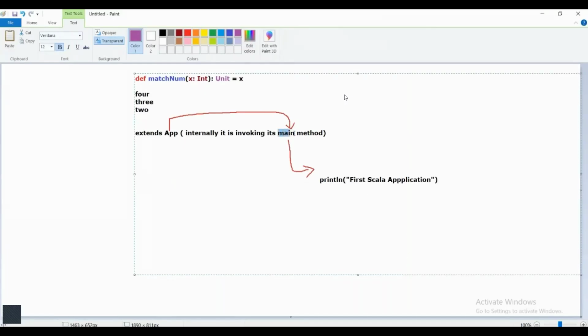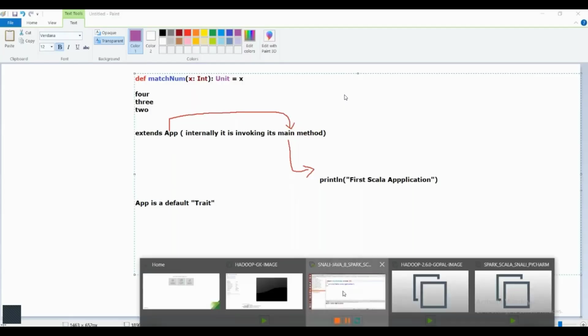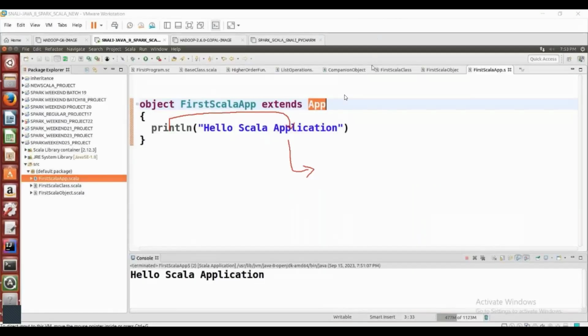So here the main method is already part of the App trait. When I say trait, App is a trait. App is a default trait. This is just like an interface in Java. We'll see more. Now, though we already have a main method here,